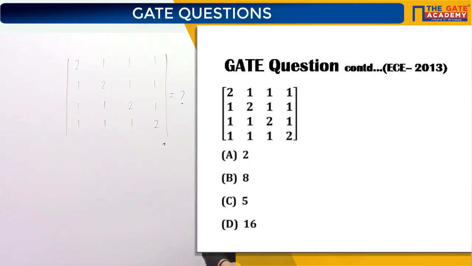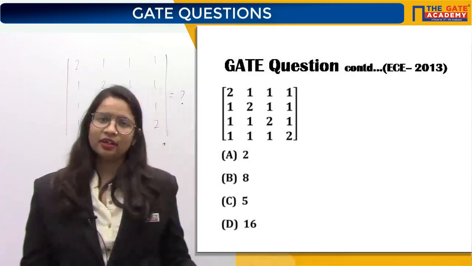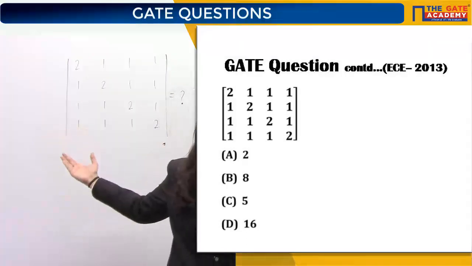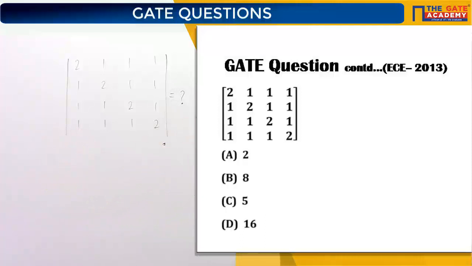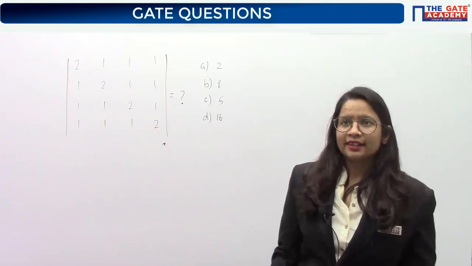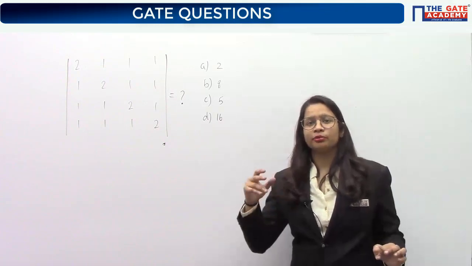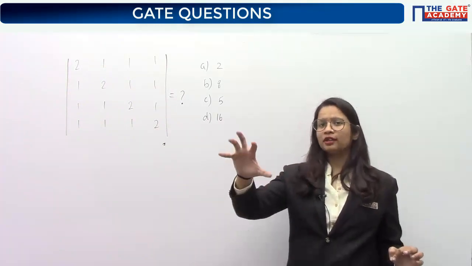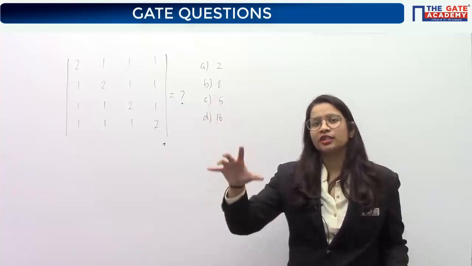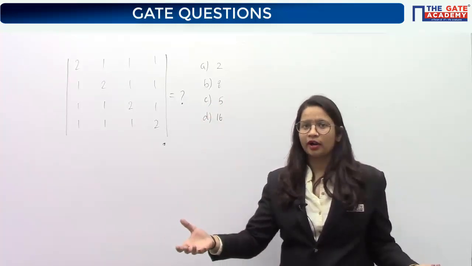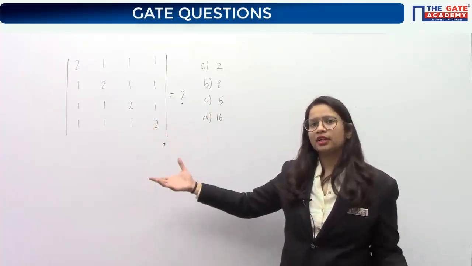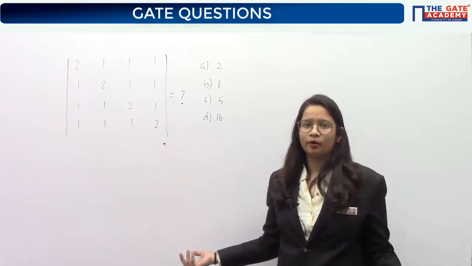Do you require to solve the determinant using this property only? Actually no. Why? Because the matrix is given to you. You know how to calculate the determinant of a matrix. Who cares if you are using this property or not? Understood or not? They are just trying to deviate your mind towards this complicated property. But actually it's not required. The matrix is given, the elements are given, you can find the determinant anyhow.